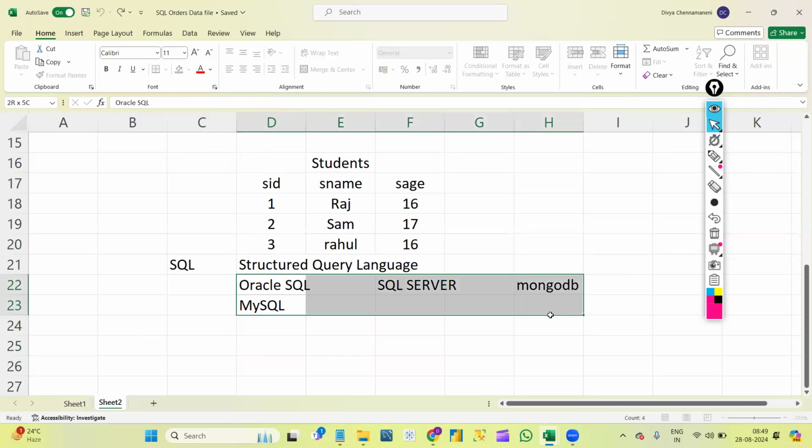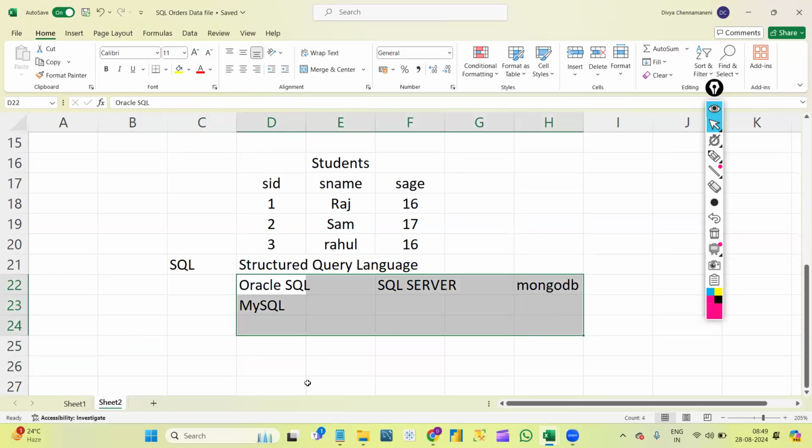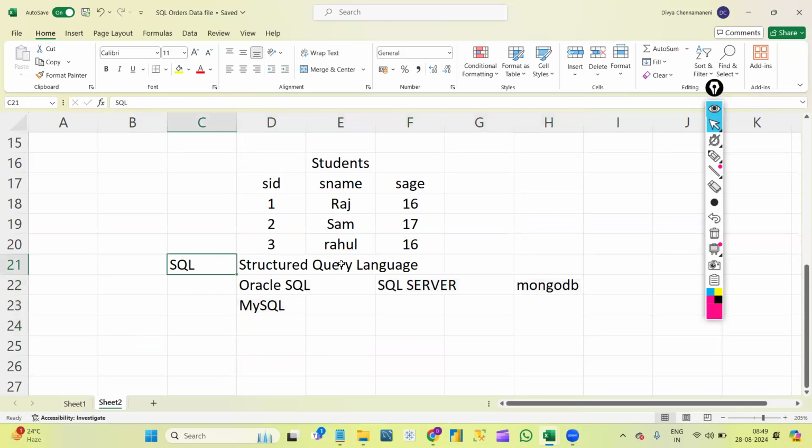Someone may get confused about what is MySQL and what is SQL Server, that is the reason I'm explaining. We will learn SQL only. SQL is universal, a common language used for any of the products. We need to learn SQL, then we can use any of these tools. There might be a few small changes, but the concept will be the same.